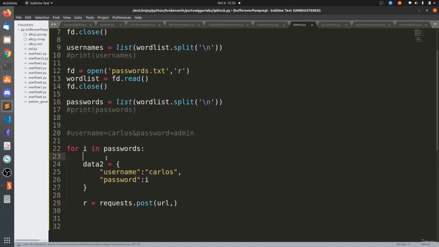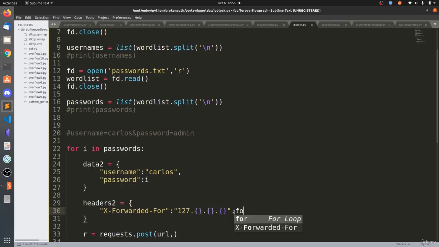Let's also add random headers. headers2 is equal to X-Forwarded-For: 127, and we are going to randomize 0.0.0. So we are going to randomize these 3 octets, dot format of,